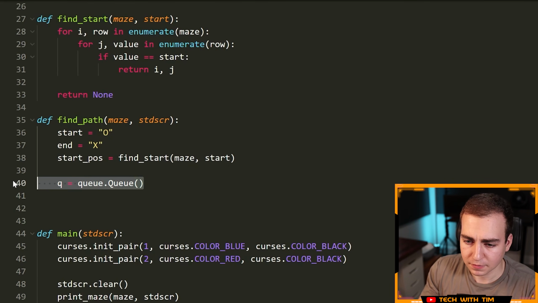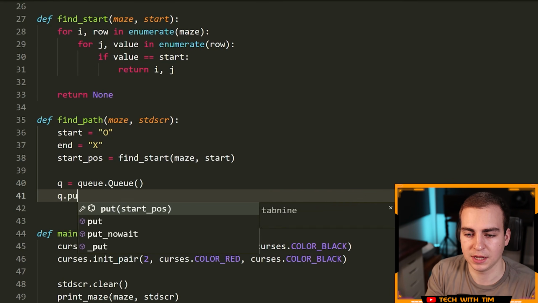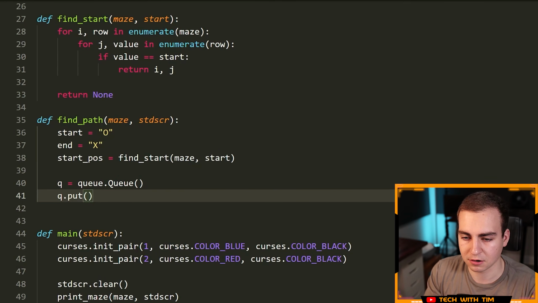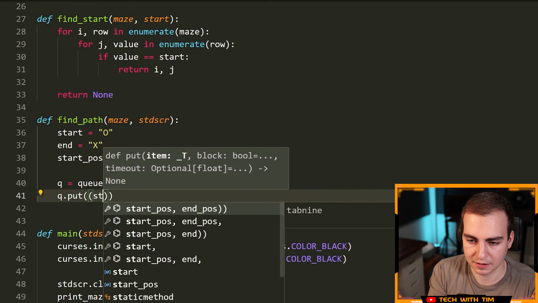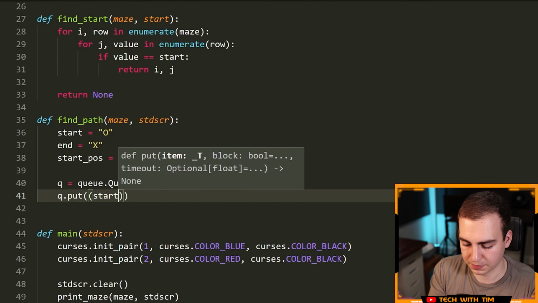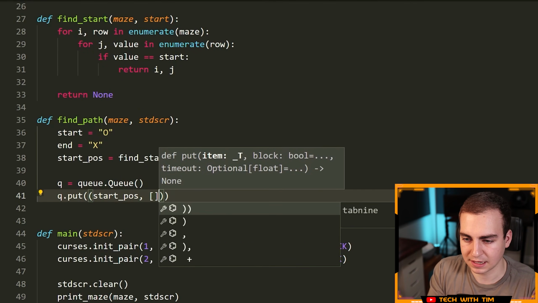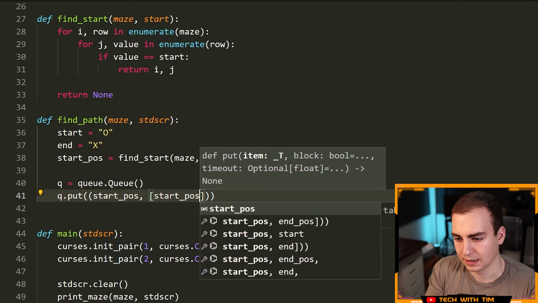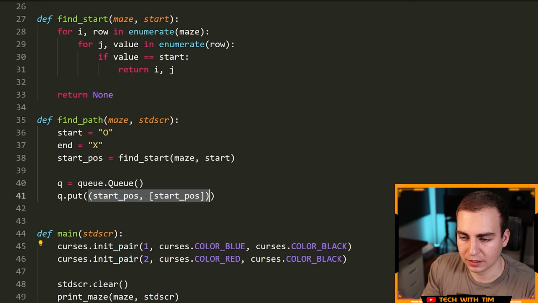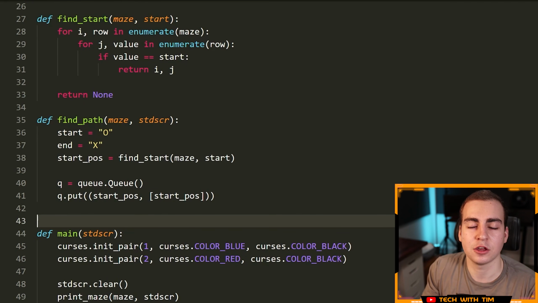So we have our queue and we need to insert something into the queue. So to insert something, we use this put method here, and we're going to put a tuple, and the tuple is going to contain the start_pos. And it's going to contain a list that has the start_pos in it. Now, the reason why we're adding two elements in here is because in the queue, I want to keep track of the current position or the node that I want to process next, as well as the path to get